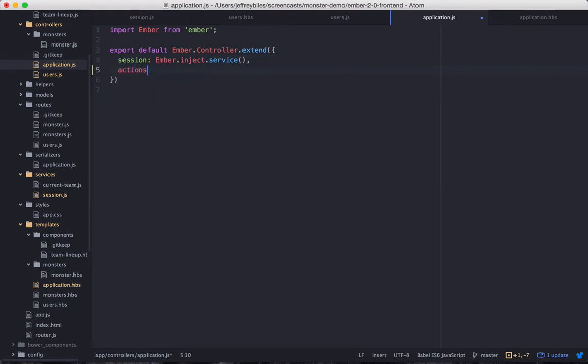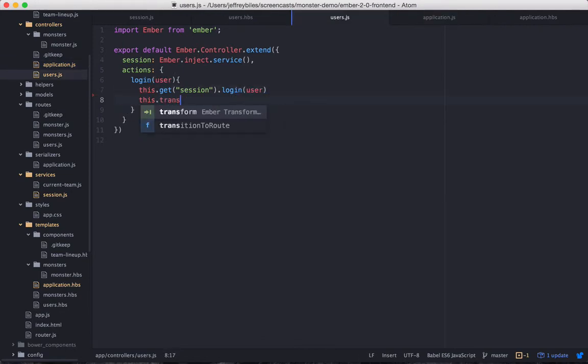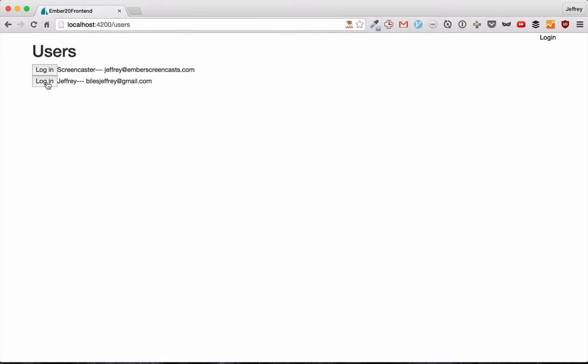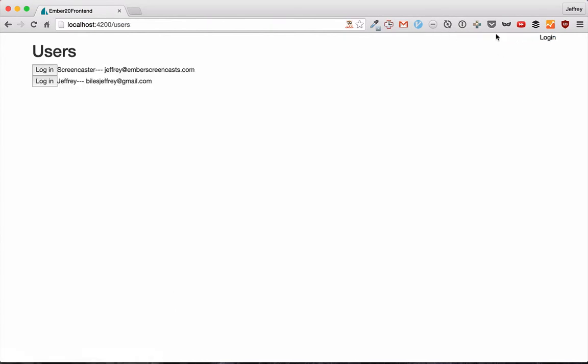Then in the application controller, we'll want to add the logout action, which will call the logout action on our session service. And then we'll transition to the user's route, since after you log out, that's where you'll want to be. And while we're at it, for convenience's sake, let's add a transition to the monsters route to the login. We'll see this in action, we'll hit login, it logs us in, takes us to the monsters route, and then we can log out and it'll take us back to the user's route. So that's the bare bones of a session service that we use to keep track of which user is currently